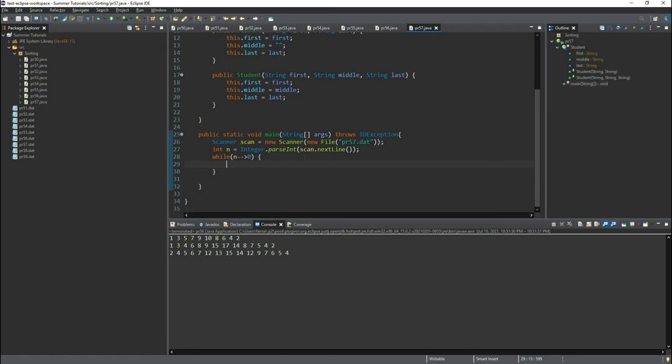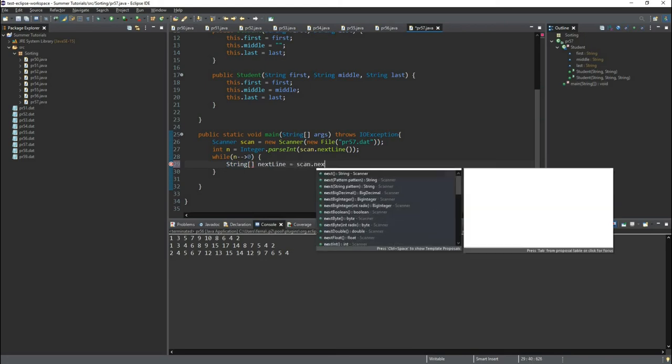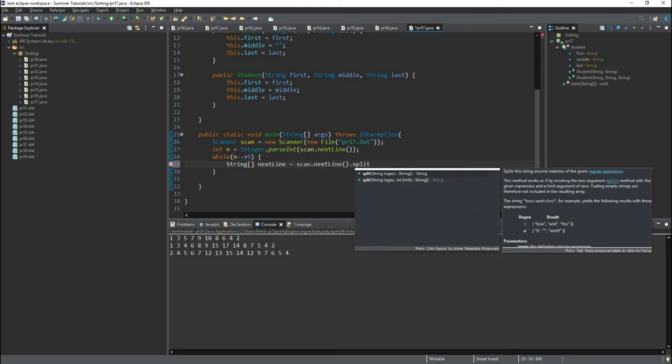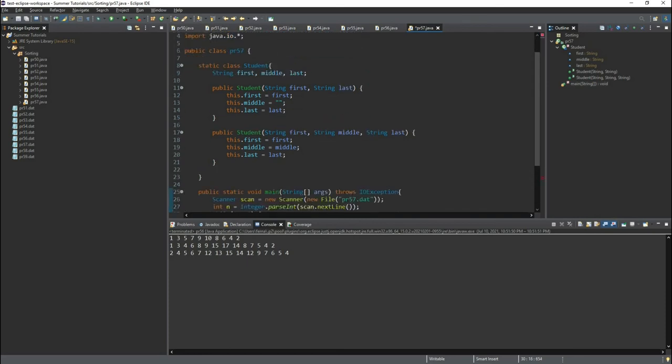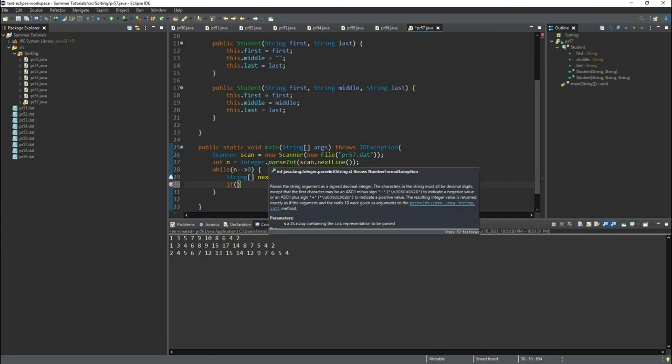Anyways, so we have each line. Let us take in the next line as an array of words. So each name of a person will be an element in this array. So sometimes the array will contain only the first name and the last name. Other times it will contain all 3 names: first name, middle name, and last name. All right, so if the length of the array is 2, we want to call this constructor. Otherwise, we want to call this constructor. All right, so we'll say